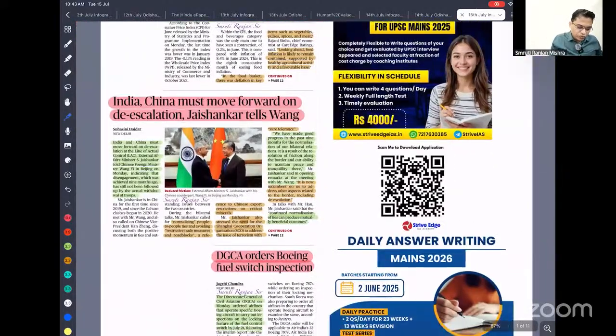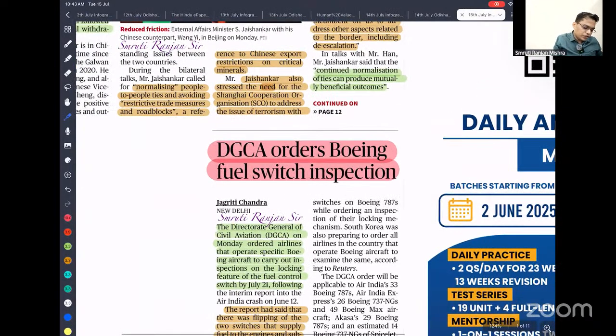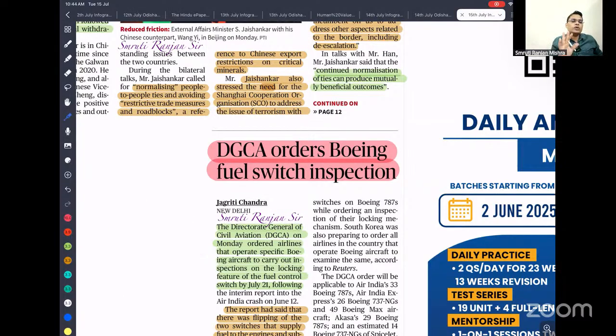Right? So next is the DGCA order on Boeing fuel switch inspection. So we know about the Ahmedabad Air India flight crash. It happened because the fuel switch that is supposed to be in the on condition moved to the cutoff position. So because of that, it was not able to supply fuel to the engine, and the engine stopped producing thrust. And after that, the aircraft was not able to lift, and it plunged into a building, and the